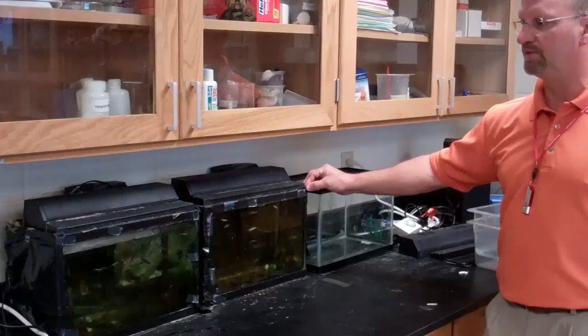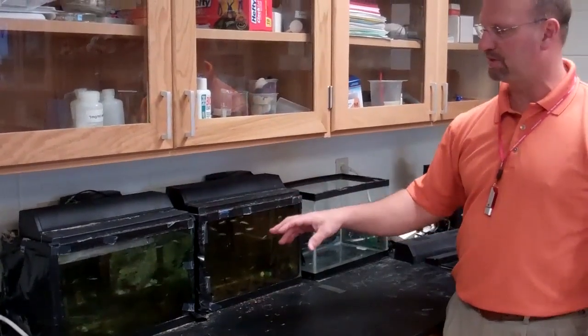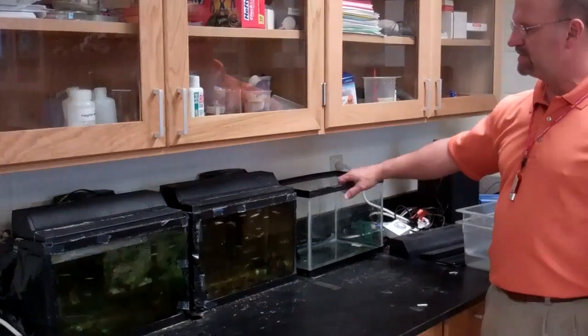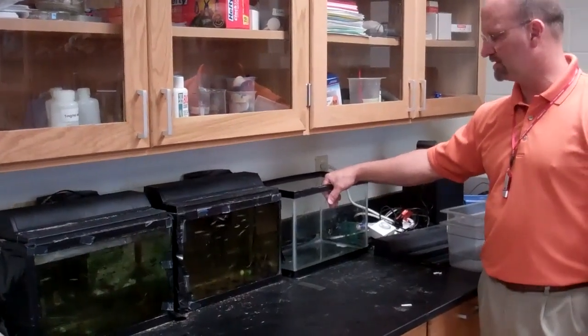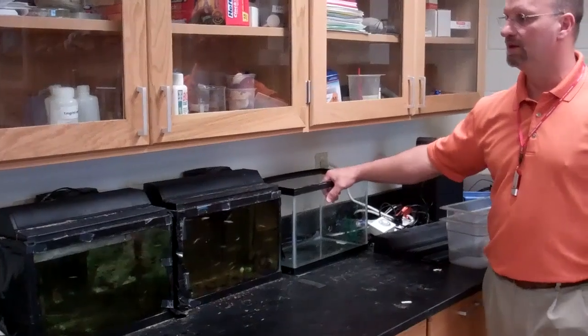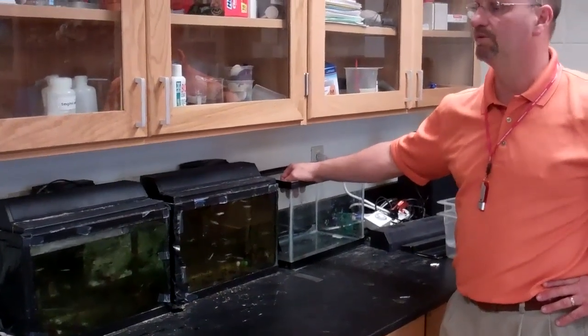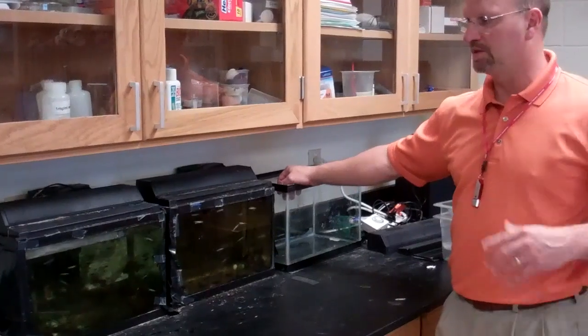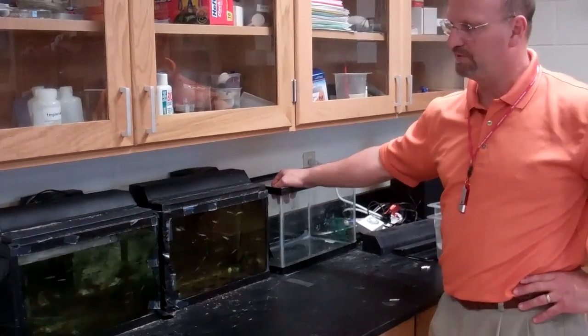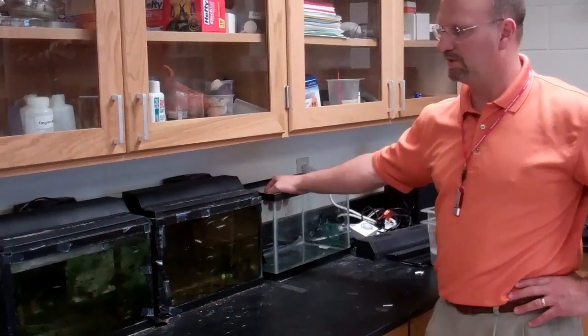This is just one way of doing this. You can put the males and females together, but I found it easier to separate them. Now this empty tank, I have primarily because I was cleaning it, but this empty tank is what I use for breeding. So I would set up the tanks and let them run for 5 or 6 weeks at the proper light cycles, with proper daily feedings,